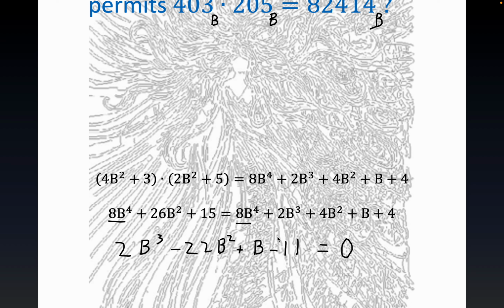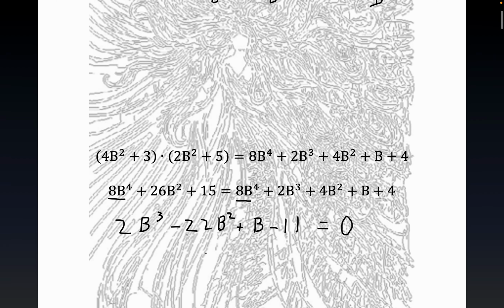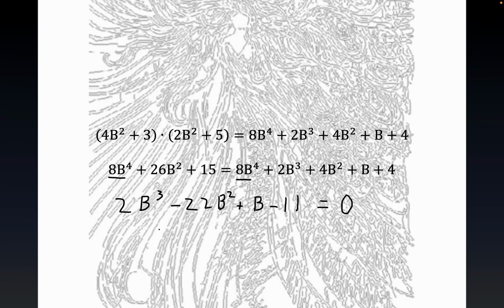Okay, and folks, again, these terms cancel out nicely, and I'm pretty sure I got this right here. Here's the 2b cubed, and then you can see that the 26 minus 4 bring it to the other side, gives you minus 22b squared, plus b minus 11 equals 0. Now notice there's some candidate b's right here. There's something called the rational zero theorem, which tells us that the possible rational zeros, I'll just call them potential, folks, and then they are